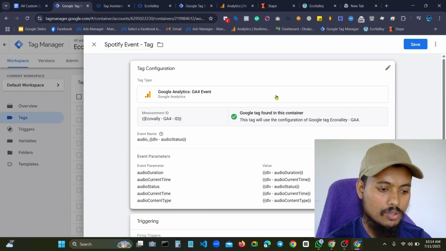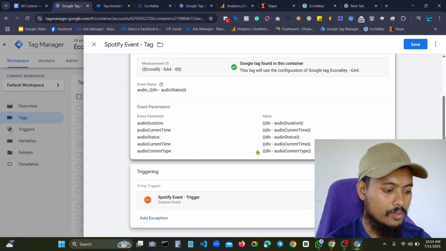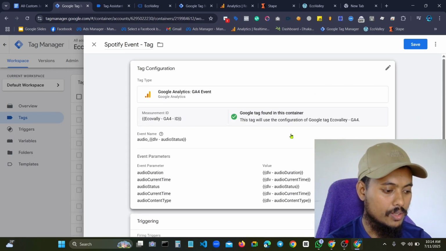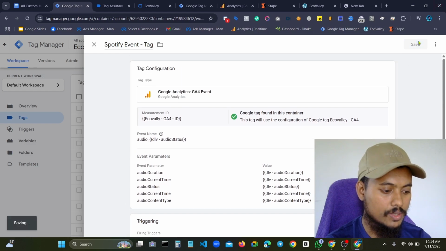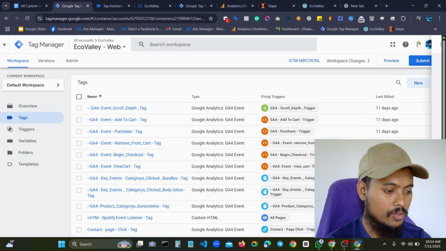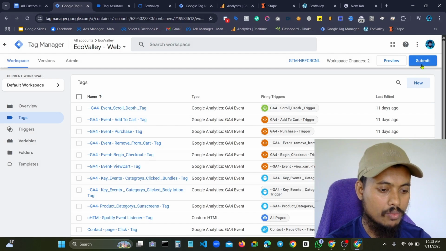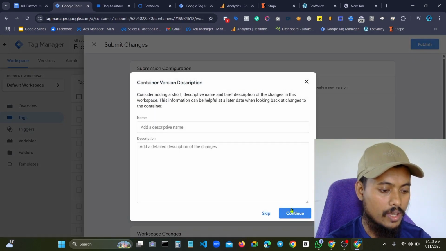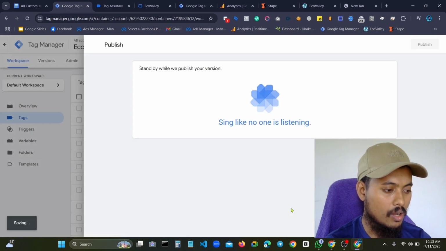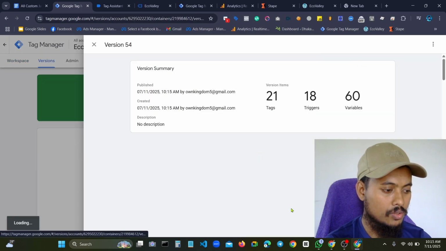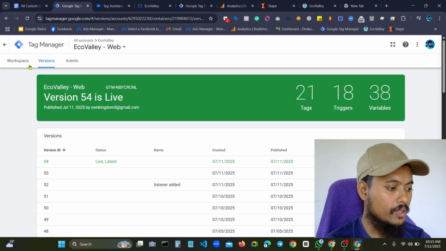Every action we will get from the user activity. So just save it. We will submit it one time for the live visitors on our website. So after publishing this tag,